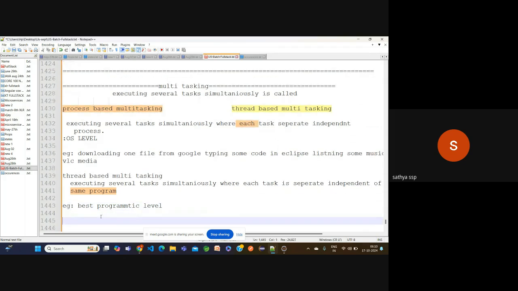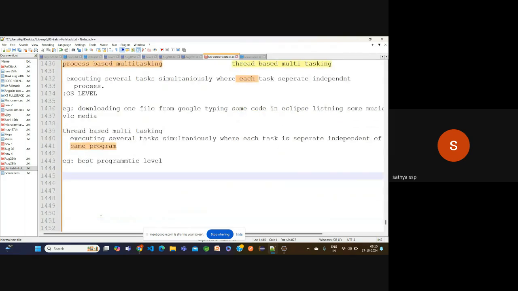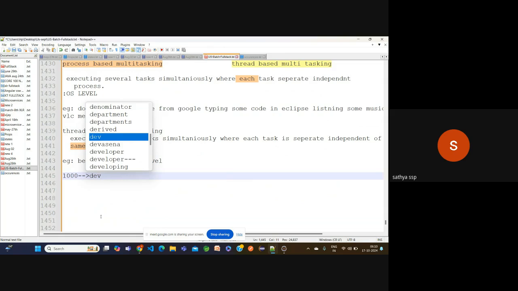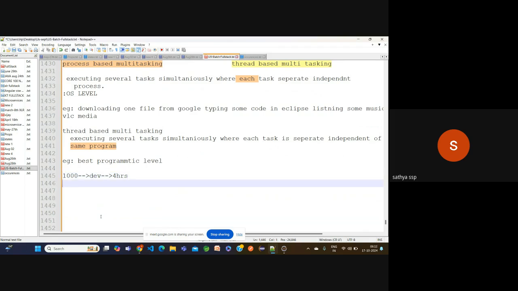For example, a client came to a developer and asked him to execute 1,000 lines of code. The developer said it will take 4 hours. Again, the client needs it in an emergency: the same 1,000 lines of code need to execute within 2 hours.